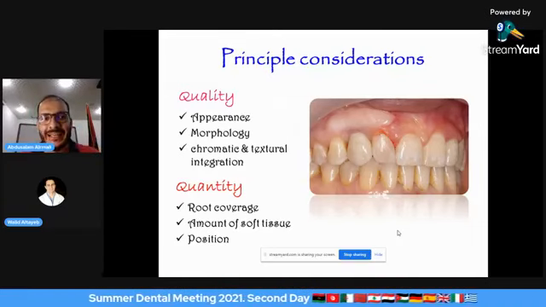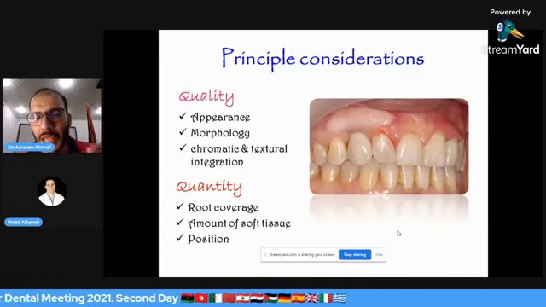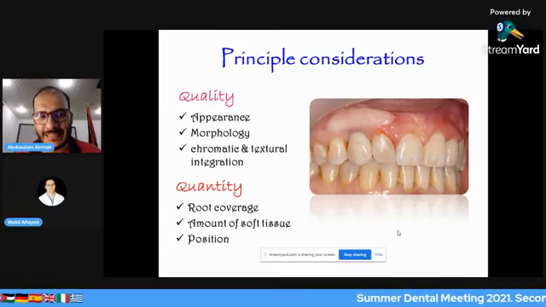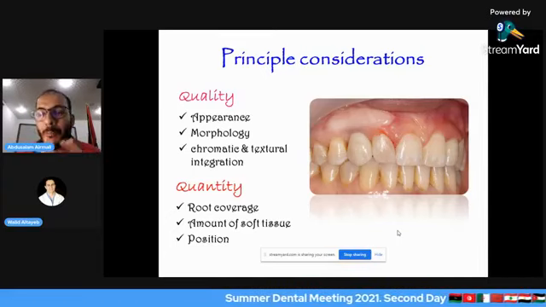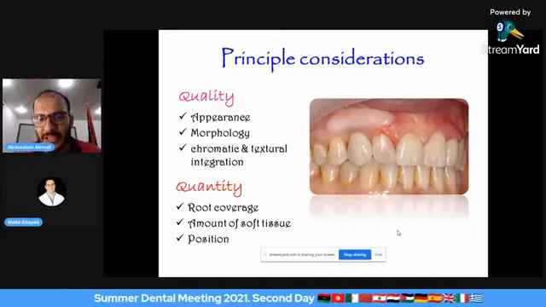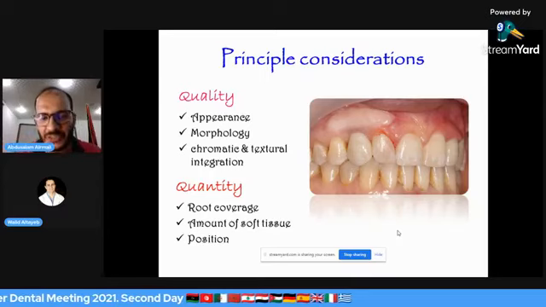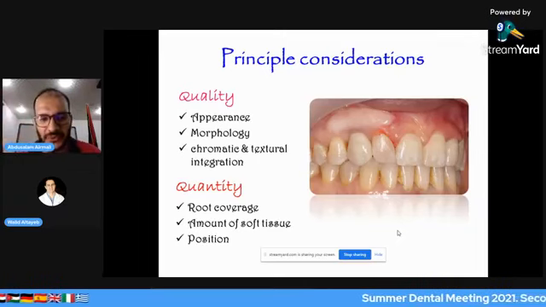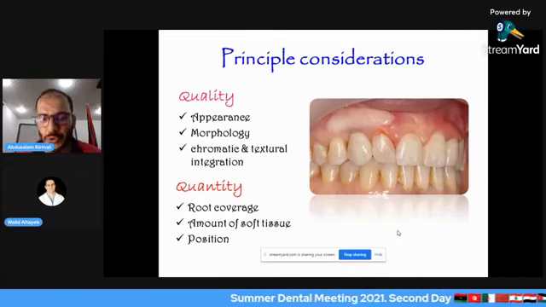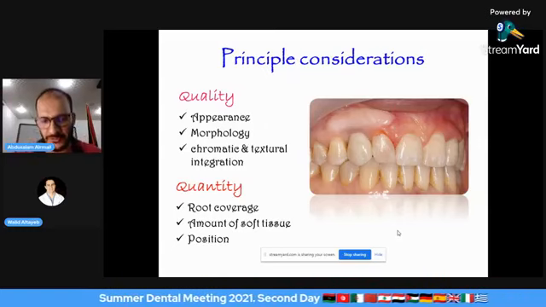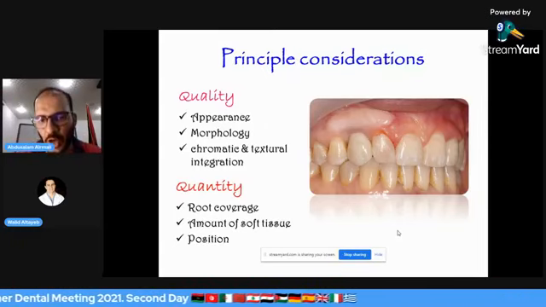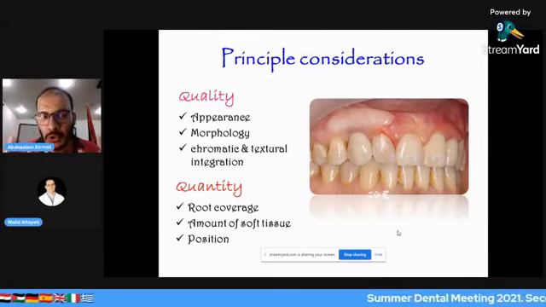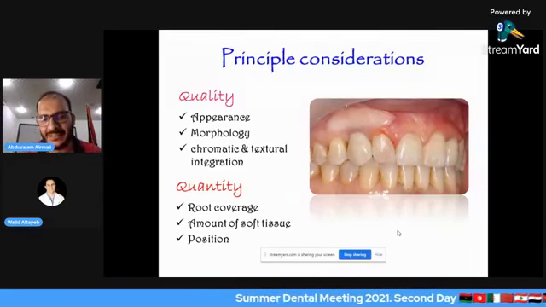Because nowadays, the quality of the soft tissue around implants and around teeth is more important for the patient and for us than the quantity. The appearance, the morphology, the chromatic and textural integration between the normal tissue and the grafted tissue is more important than taking a piece of soft tissue and placing it in the patient's mouth. So our aim is not only to cover the root or increase the amount of soft tissue or increase the position of the keratinization. No, our aim is mainly to give the patient good quality of soft tissue rather than huge